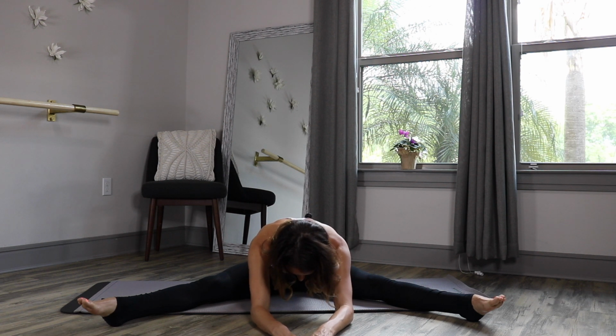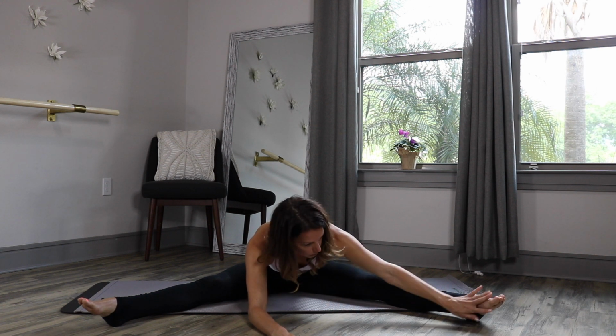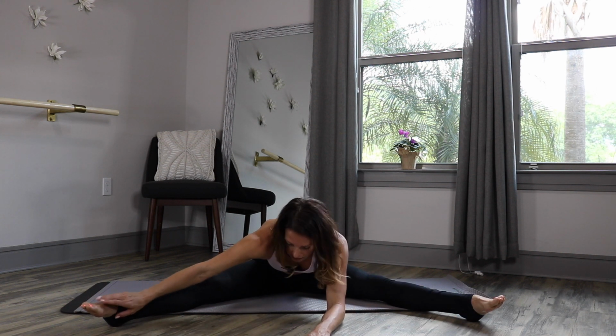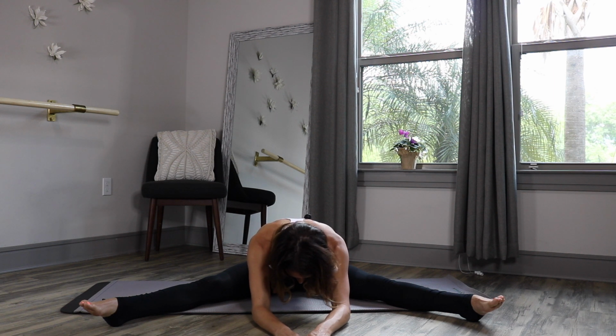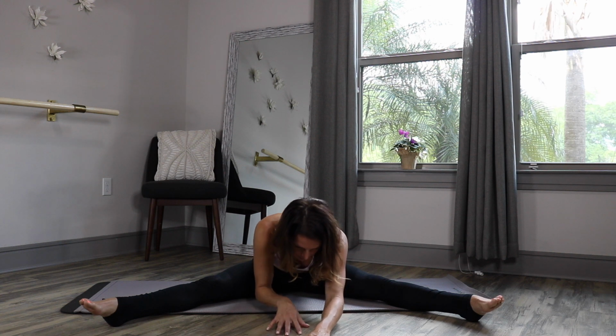So in this position, my hip bones are still glued to the mat. My toes are about the same rotation inside, and I'm not holding any tension in my neck. So we're going to stay here for 2 more deep breaths, and then we'll release. So last inhale, last exhale, and then I'm going to breathe in one last time and then use my hands to push me